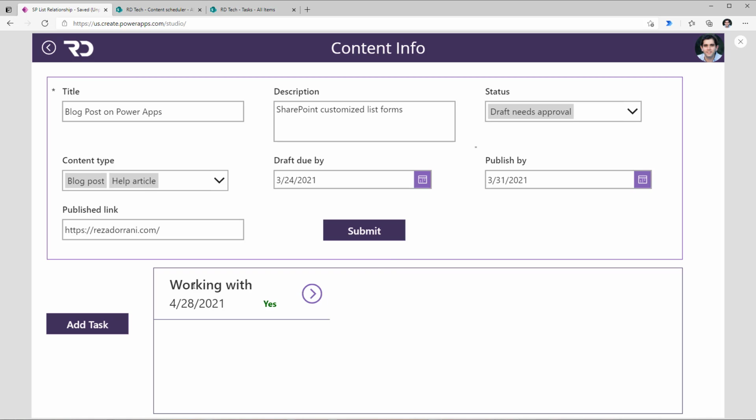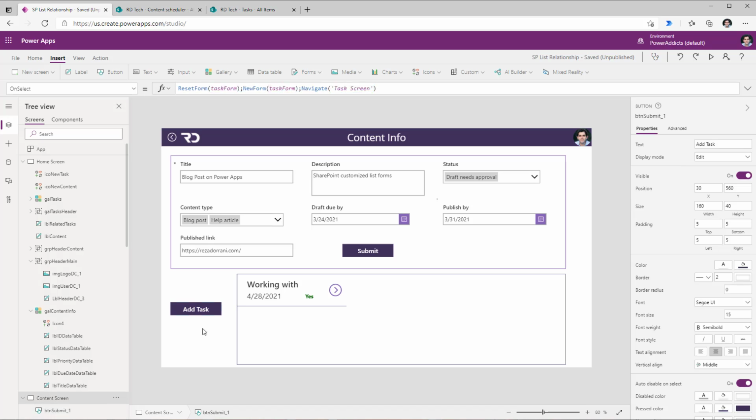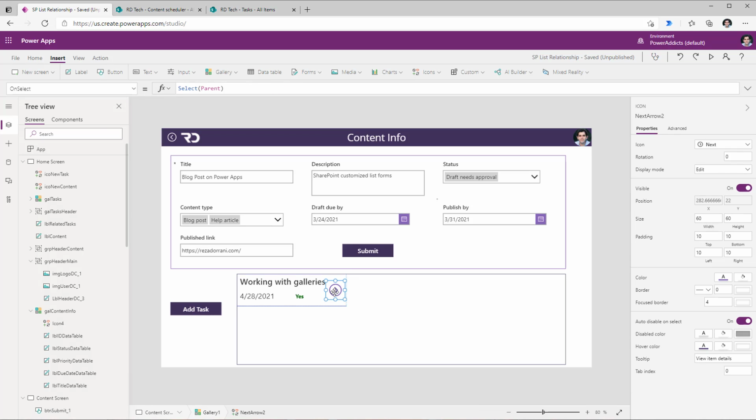Next, when the user selects a specific task, I would like to redirect the user to that task form screen so the user can go and make changes if required. Now for that, I will first go and grab the code that I wrote on the add task function, head over to this icon, and on select of this icon, I will go ahead and paste that same code but make a few changes. I will change this new form now to edit form, and I will also go ahead